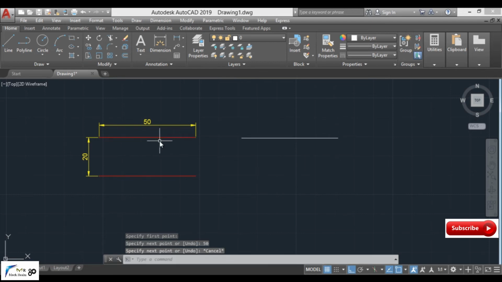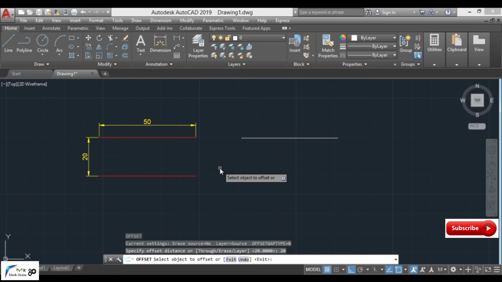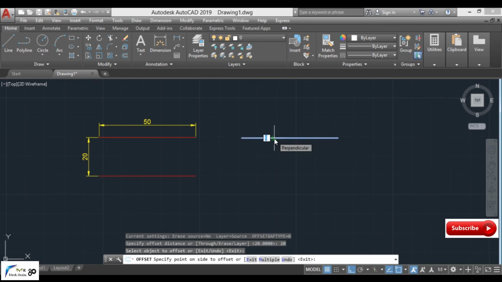Then our next option is offset command. Here it is offset. So we have to simply type O enter, or you can select from the option in the modify panel. So after typing O enter, you have to enter distance, which is 20 in our case. We have to press 20 and press enter key. Now we have to select an object which we have to offset. Select this object and we have to define direction.